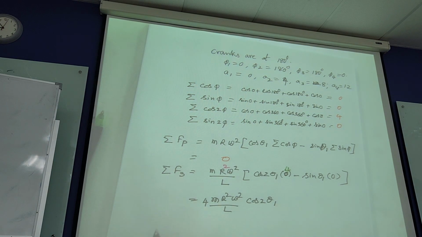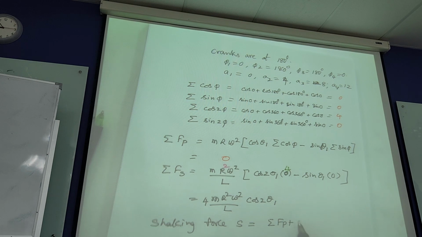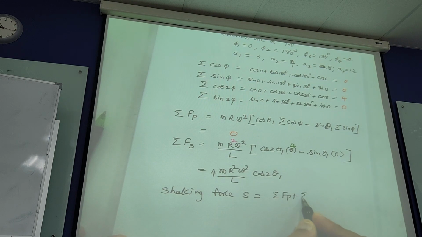Okay, so shaking force S will be sigma Fp plus sigma Fs. So Fp is 0. So we can write 4